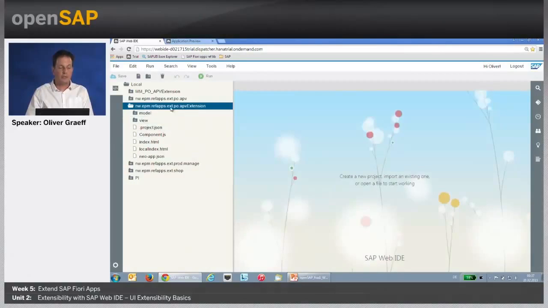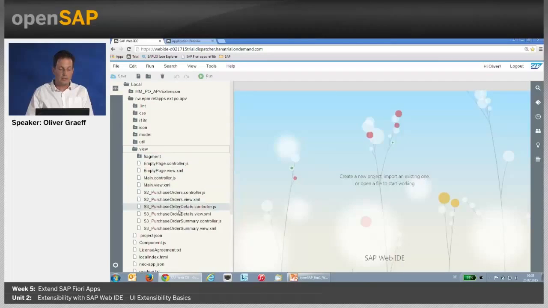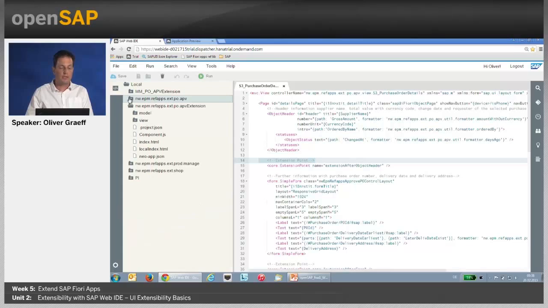And what happened? Just to see where this came from, I just opened the original app and see the view in the original app. There's the detail view, and you can see here in the detail view, SAP has provided an extension point. That is the extension point after object header. And we're going to put in some logic into this extension point. So again, I'm closing the standard app, and in the extension app,